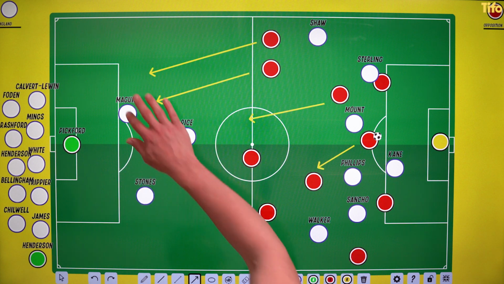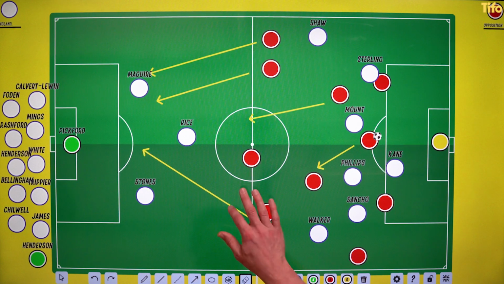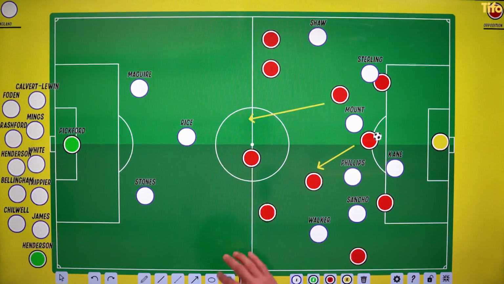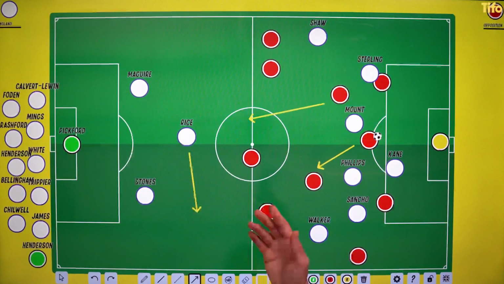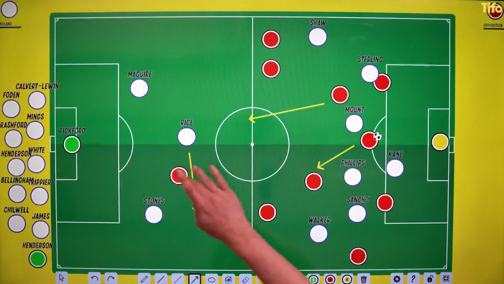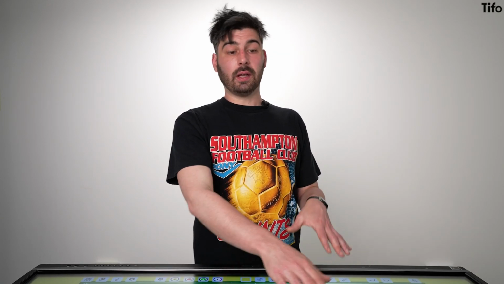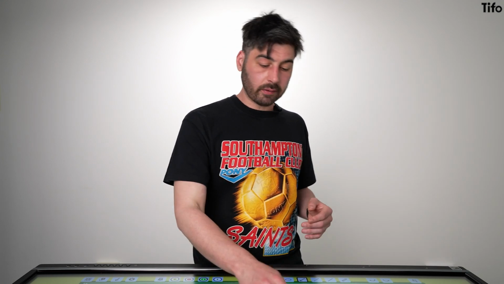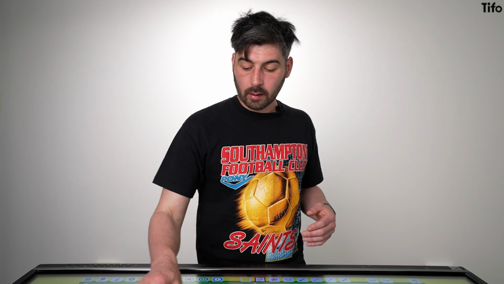But again, if England are playing with this sort of system and they've only got these two players back, sometimes Rice will look to make a pass here to Stones, who's pushing forward, but it'll be intercepted. And teams that have pressed England aggressively and high do get joy from targeting these players. Again, that's not to say they're bad players, but it's a vulnerability that can be exploited.